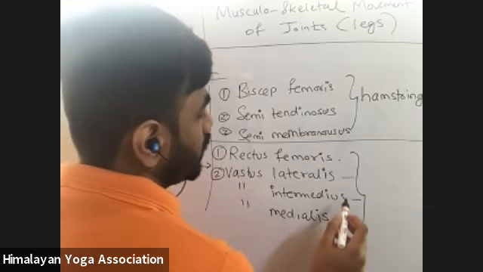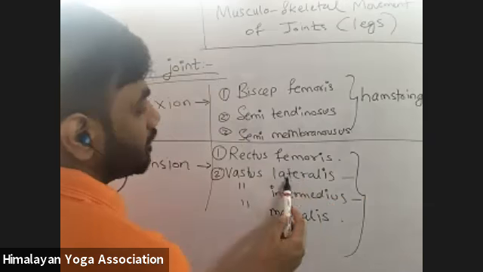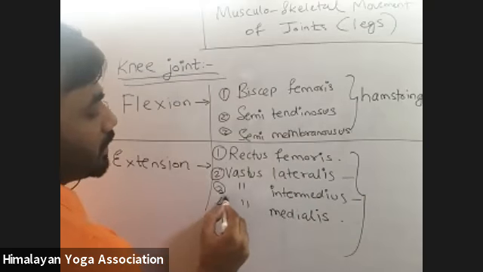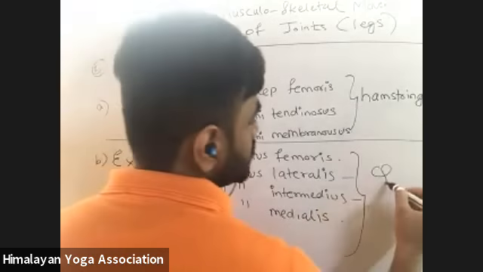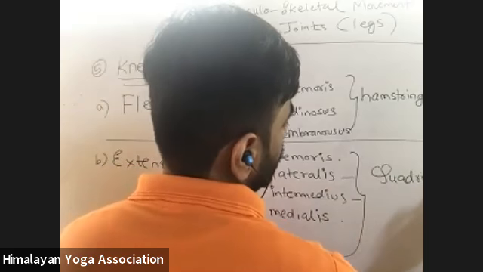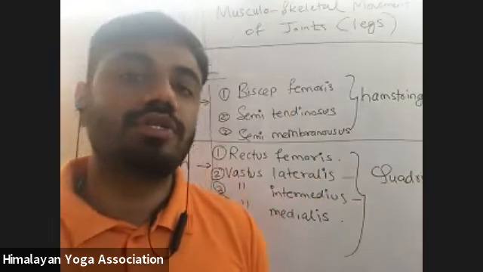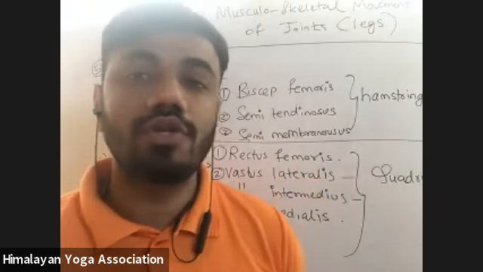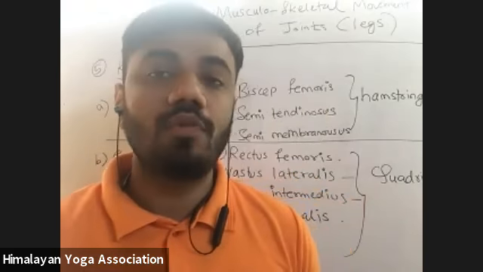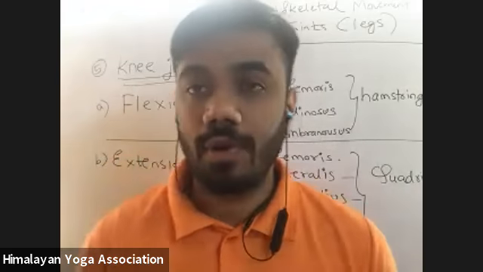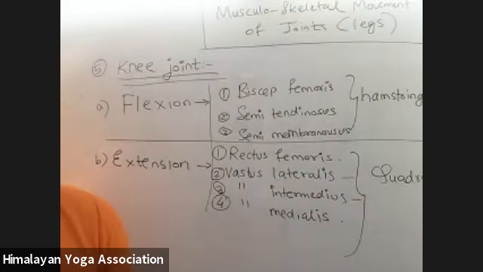So that is the lateral side of our leg. And in between our lateral side and our medial side, we have intermediate. These are the 4 groups of quadriceps muscles which allow our knee extension movement. So when you stretch your leg from the knee joint, that time you will engage your quadriceps. How to engage or contract your quads? That is when you do the knee extension movement. Now, clear up to here?